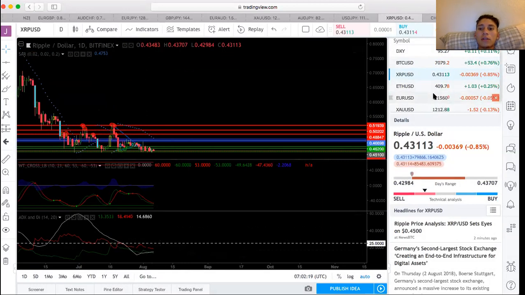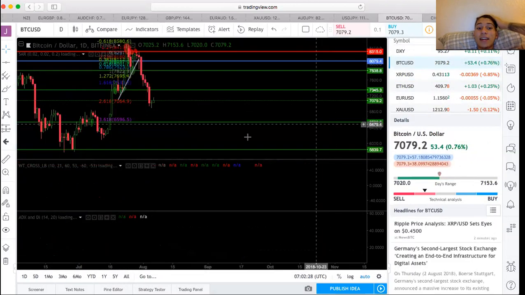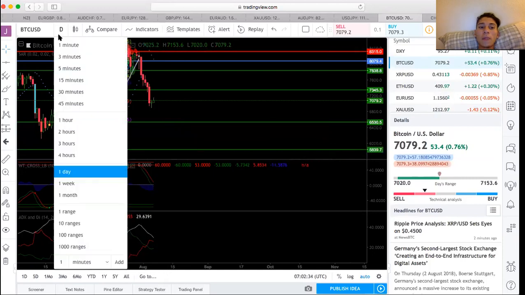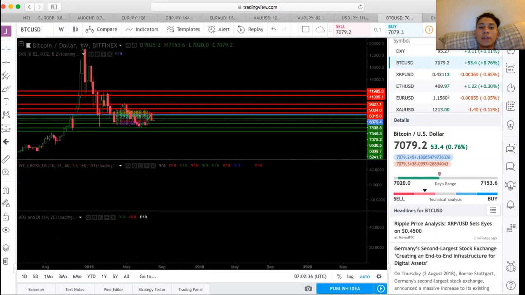Do you really think Bitcoin will hit 5K again? I personally think it will. I don't know if it's going to hit exactly 5K. If anything, I'm thinking it might hit this level here. Now, if we look at this in terms of the week chart,